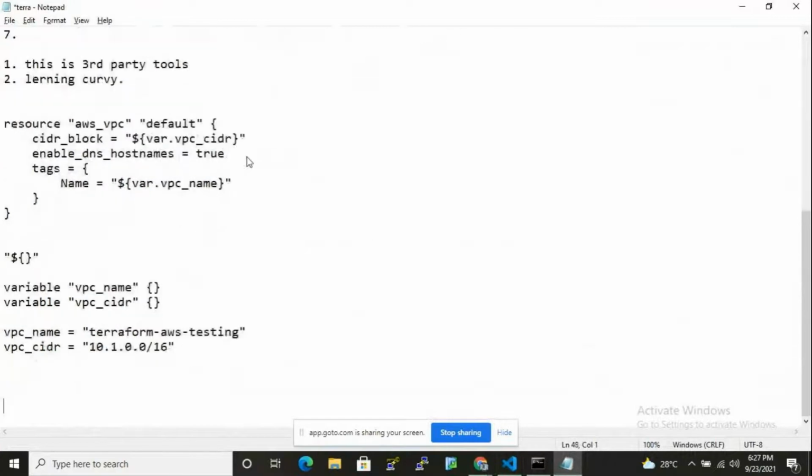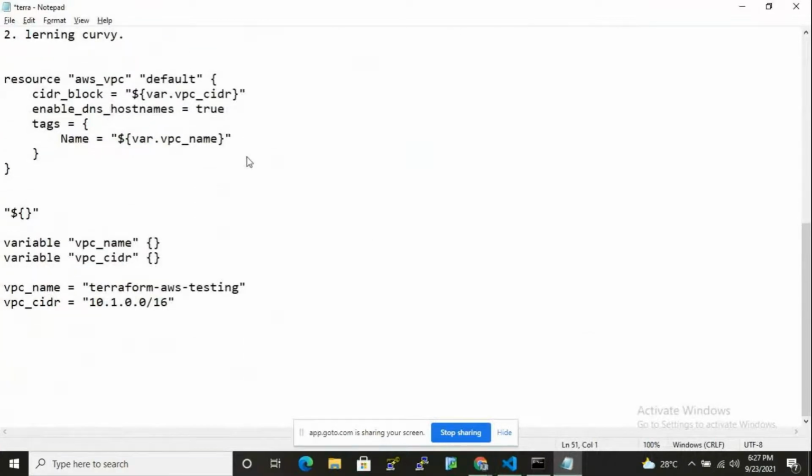We have only four or five commands. So not so many, we have 4 or 5 commands. The first command name is terraform, in small letters. The first command is terraform init. So terraform init is nothing but first we have to initialize the terraform packages in our local system,